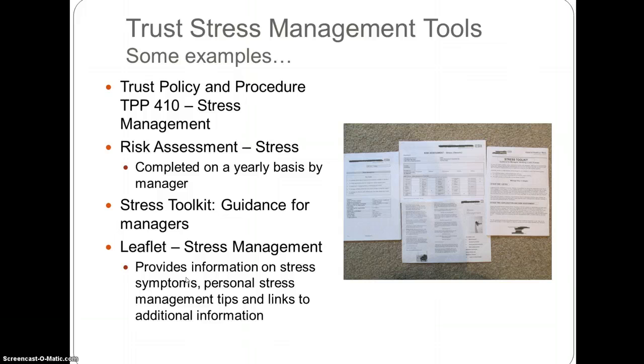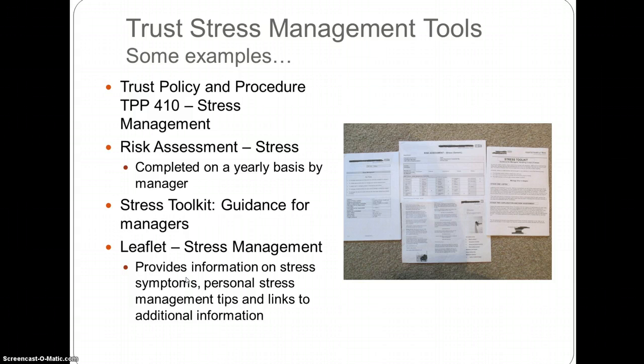There is a stress toolkit which gives guidance for managers for helping people who have identified stresses in the environment, or have identified that they are experiencing stress or have been off sick. This is a guide to help managers deal with stress at work. And there's also a leaflet on stress management which provides information on stress, symptoms, personal stress management tips and links